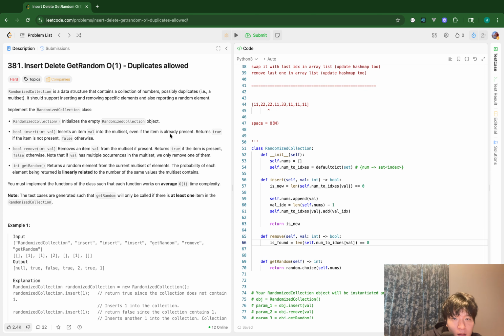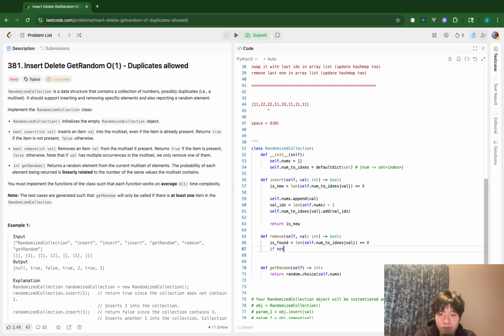Okay, good. So if is found should be larger than 0. If there is any index with that value, it exists. So if it is found,